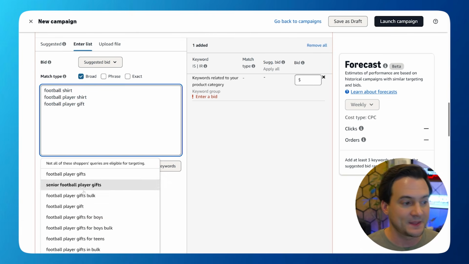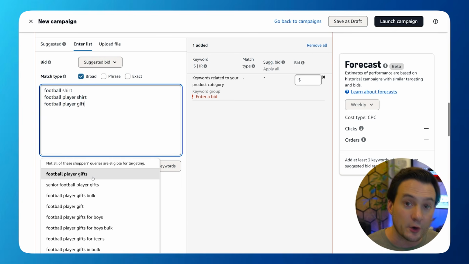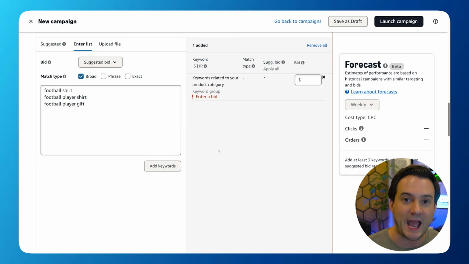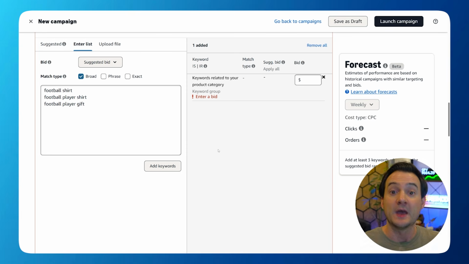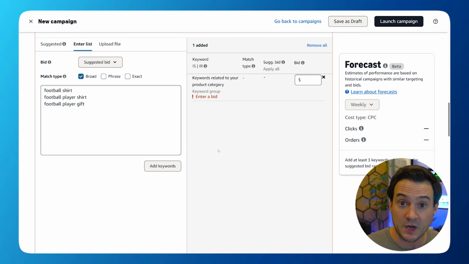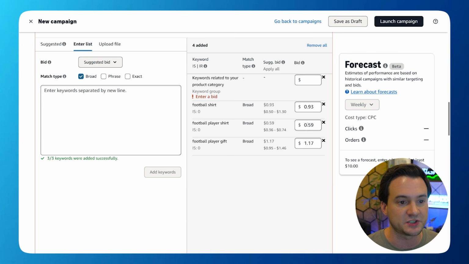And you'll notice as I type, Amazon goes into its autocomplete, which is based on what potential customers type into the search bar, and they're attempting to help us find the most relevant keywords. And then they're helping us with the bids. They're essentially helping us create a nice, well-structured ad campaign that's going to work for both us, the advertiser, but also the potential customer that's going to buy our product, that actually wants our product. So it's really cool. You can go ahead and click add keywords, and it's going to push them over here